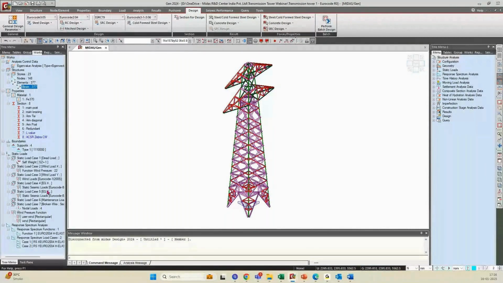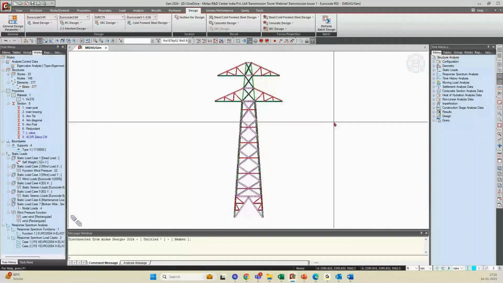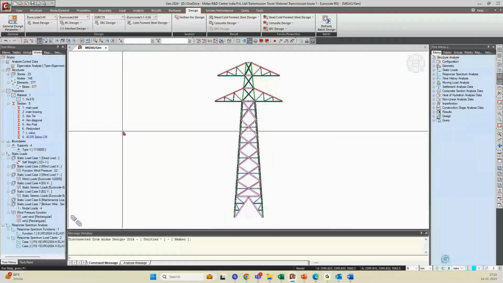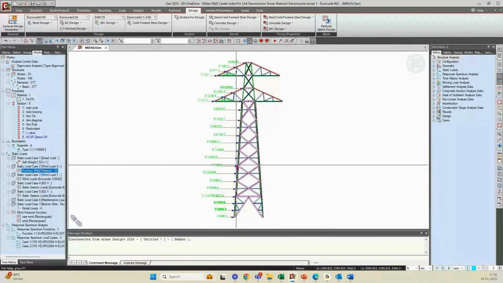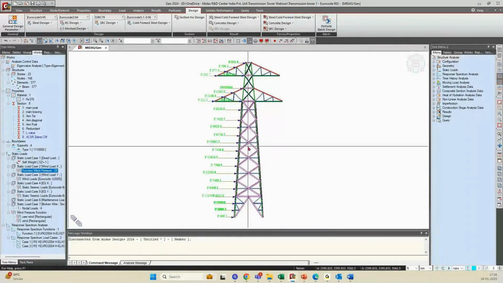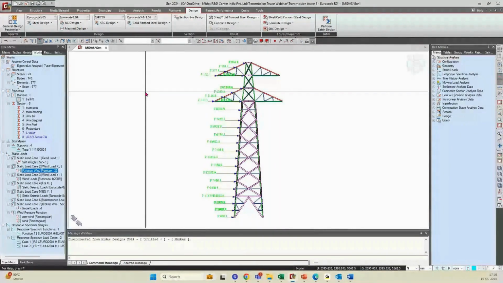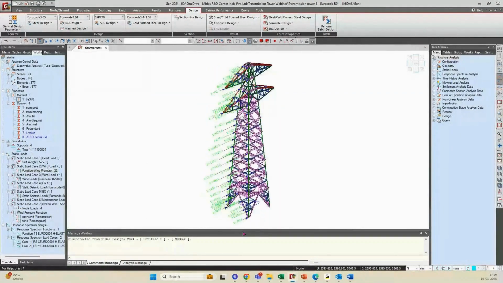And here we have applied the wind loads. Okay, so basically here you can see the wind loads we can apply in different patterns. If you want to apply it on one face of this particular section, that can be done with the help of the wind pressure function. Okay,